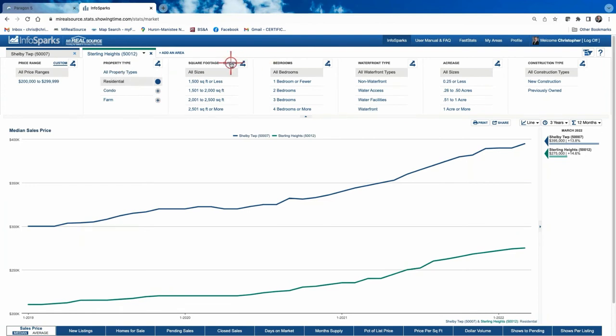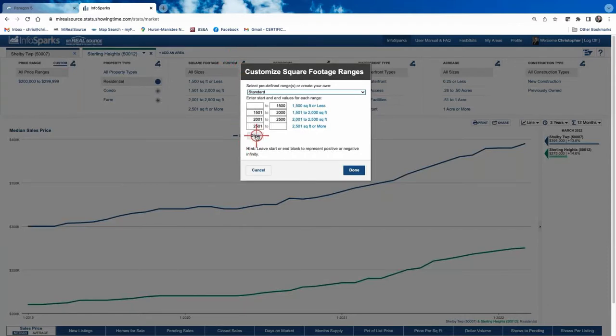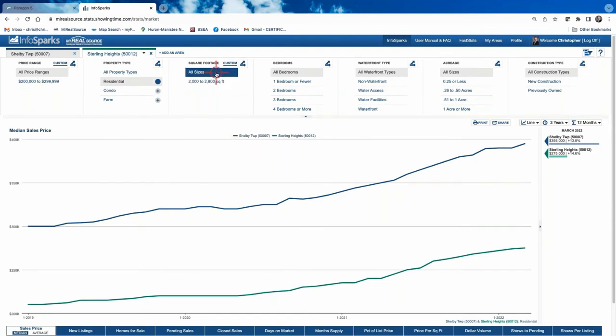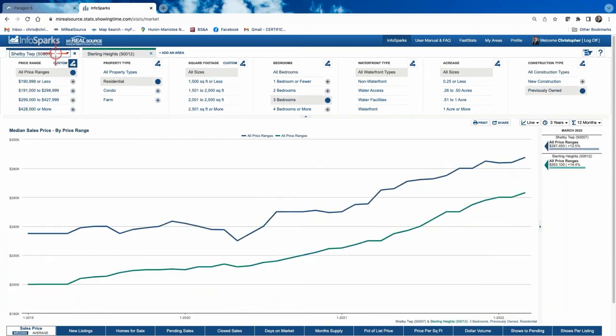If you wanted to customize the square footage, again, you would clear it out. And let's say we want a home that's 2,000 to 2,800 square feet. Okay, we would click on done, and that'll set the square footage size. Now keep in mind, we didn't do that for Shelby, so we have to keep everything equal, we got to go back to Shelby Township, hit the customize